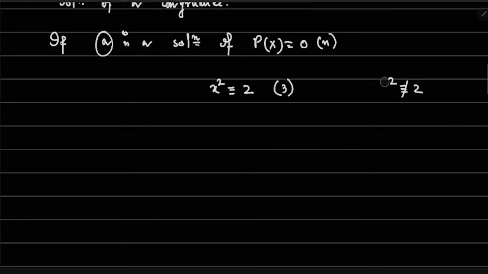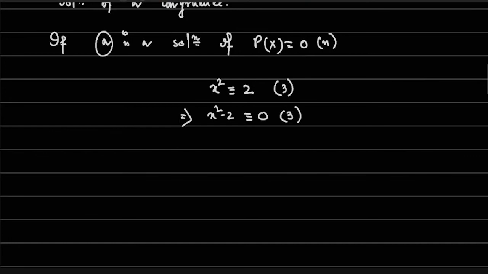So in essence, what are we actually doing? We are taking x square minus 2, a polynomial, congruent to 0 mod 3. We are finding which x's are giving me these congruences. So x is equal to 0 will not work, x is equal to 1 will not work, and what about x is equal to 2? I hope that will not work as well. So it has no solution actually.